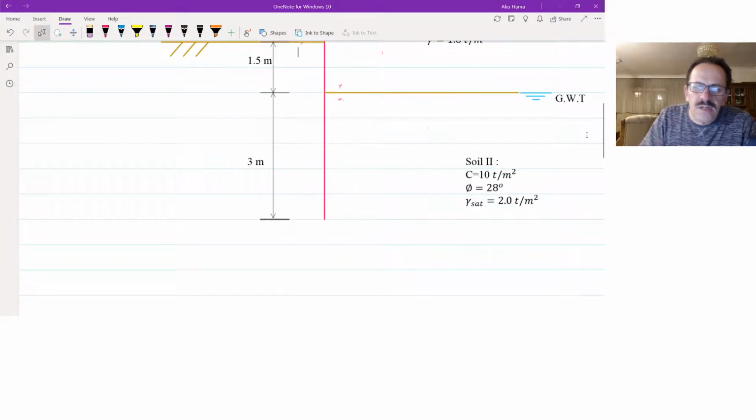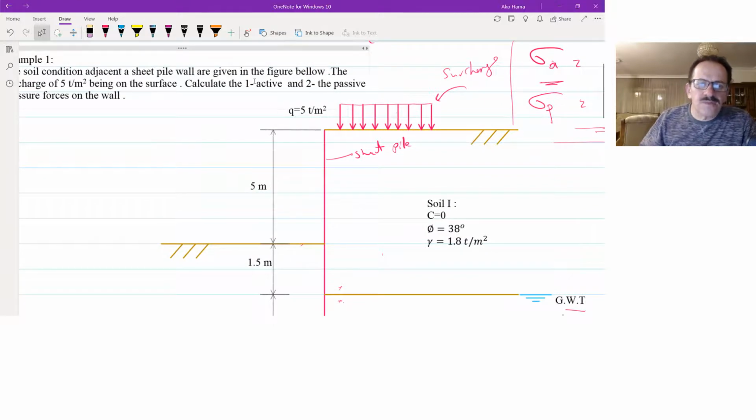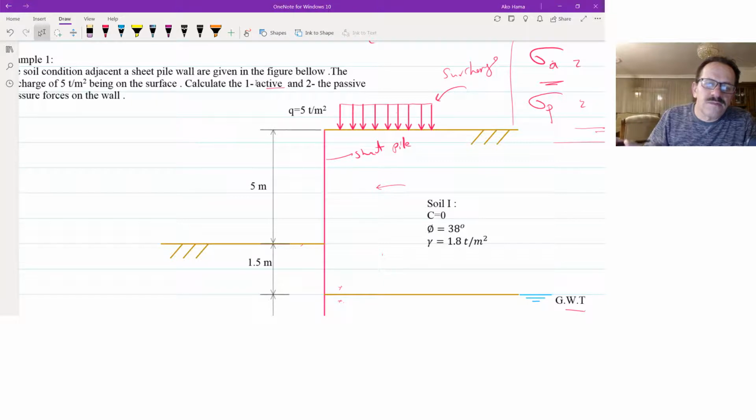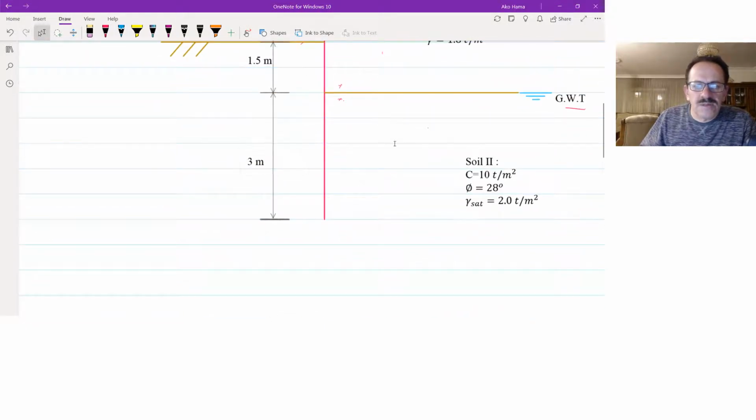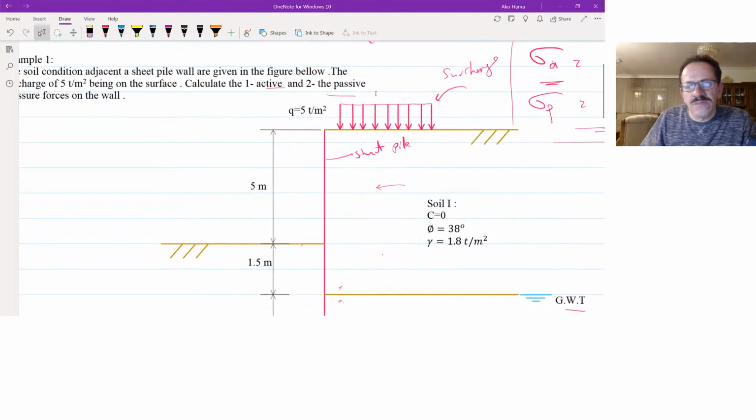And after that, there is another 3 meters depth with a new soil. Then there we have a new soil. The new soil means the soil that is including water. Now what is required? The required is to find the active force, which means the force from the right hand will be more than the left hand, the active pressure, and the passive pressure in case the pressure from the right was more than the left. What should we do? We have to start solving this one.